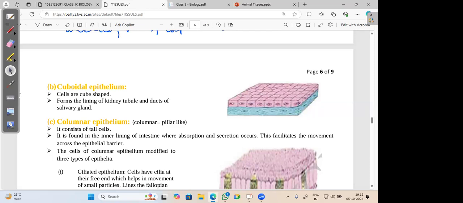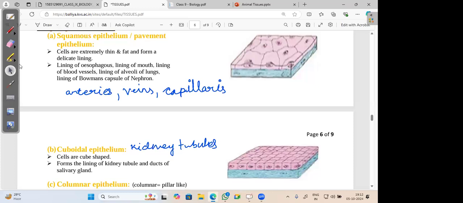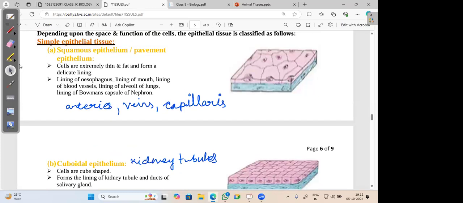The cuboidal tissue forms the lining of kidney tubules, whereas the squamous epithelium forms the lining of Bowman's capsule, which is a part of the kidney that mainly performs the function